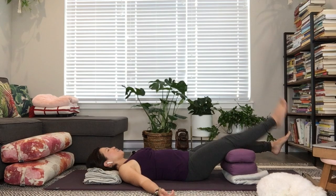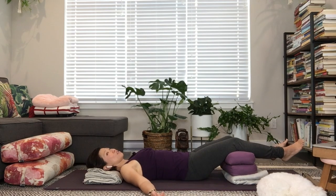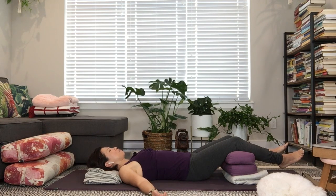So lengthen out your legs, kind of wriggle a little, get the lower back happy. Sense where your shoulder blades are, and then sense the back of your arms, and let the back of your arms also get to relax against the earth. I'm going to let the eyelids relax, let the face relax,